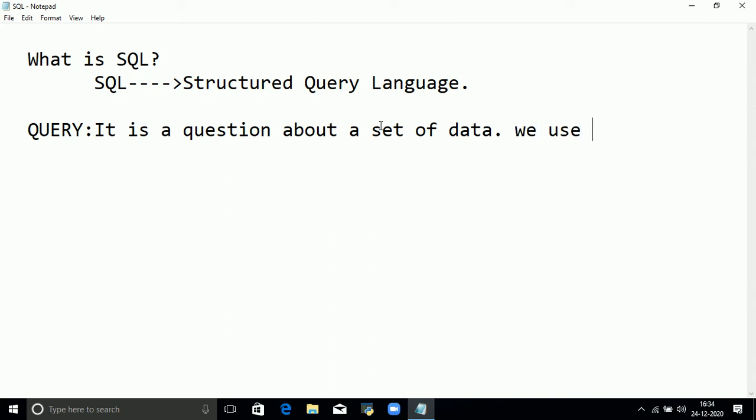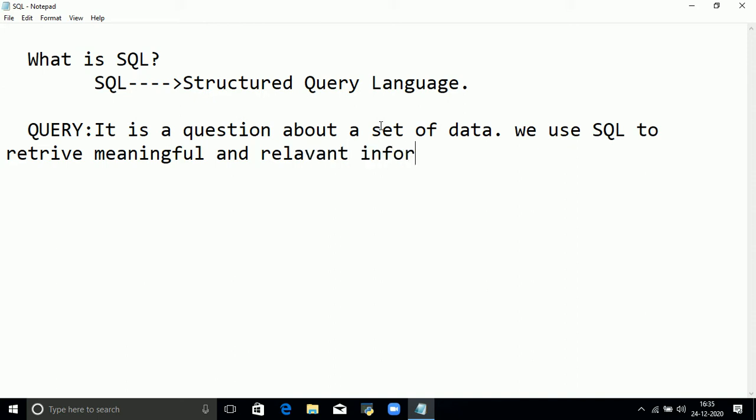We use SQL to retrieve meaningful and relevant information from the database.